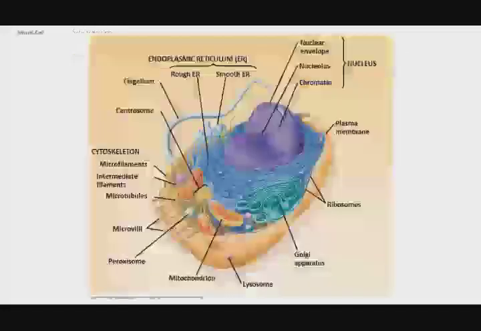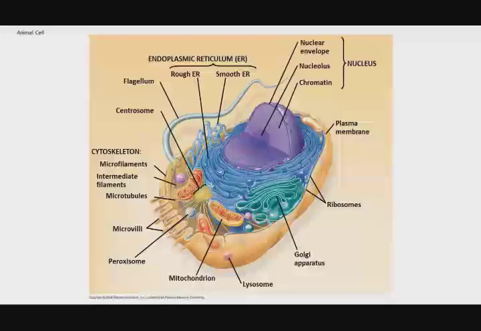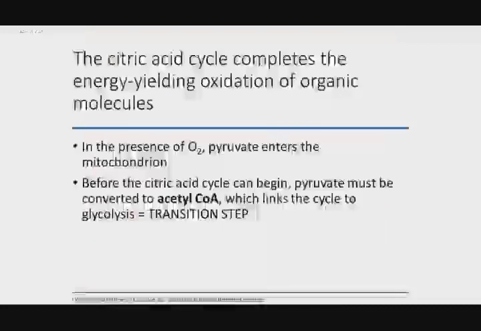Now, the mitochondria, again, remember, is our organelle, our powerhouse of the cell. It's going to make ATP. So this is kind of the first step of getting fuel into the furnace, literally. This is where we're burning it, oxidizing it. Now, the first step to actually get the pyruvate into the mitochondria is called the transition step. And in the transition step, we're going to bring in